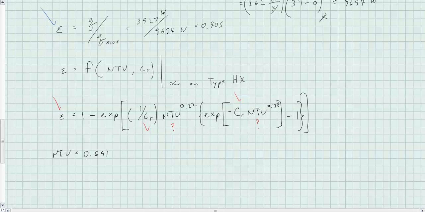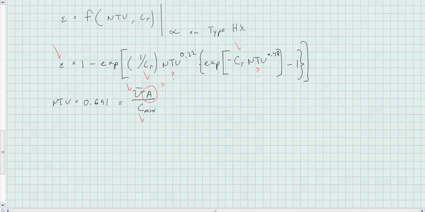Because we know that NTU equals the overall heat transfer coefficient, which sometimes has a bar, times the area, divided by C min, and we know C min, and we know U, that was given in the problem right at the beginning, the last remaining unknown is the area. So now we plug in and chug, and you've got area equals 0.691